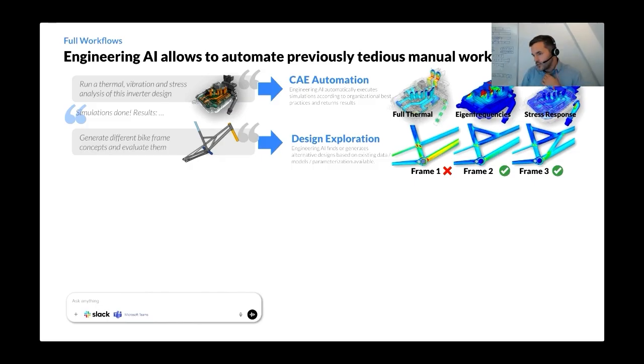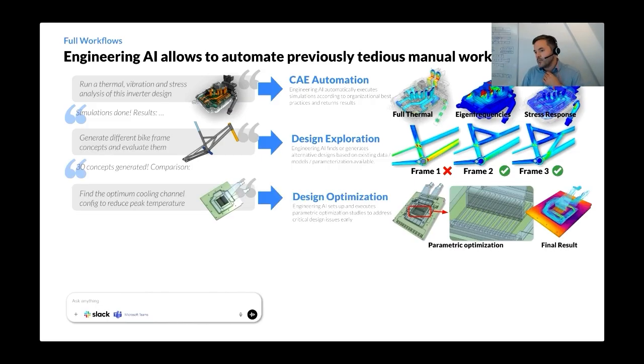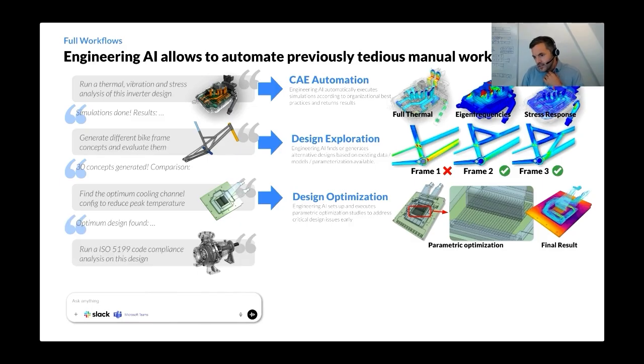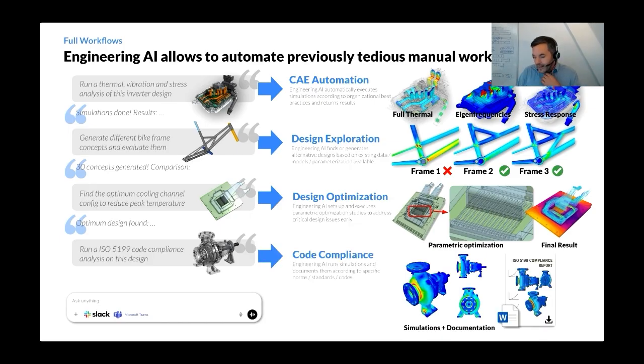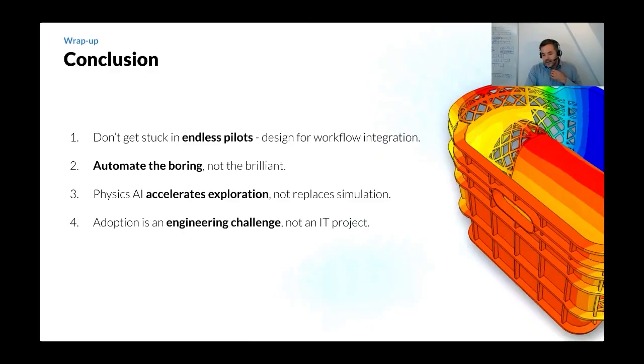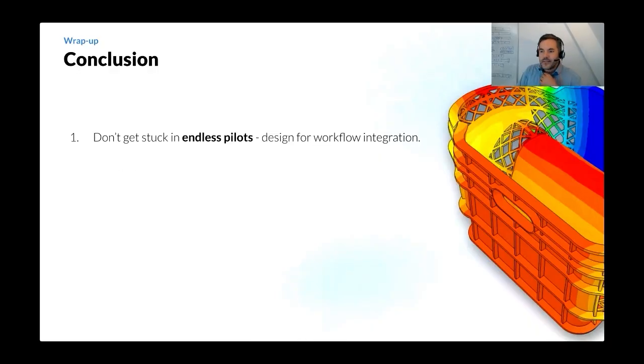And so, simulation automation is one use case, design space exploration is another one. Design optimization is a third one, and then a last one, just in the interest of time, flipping through this: compliance analysis, code compliance simulations, where you have certain guidelines that you need to adhere to. That's something that can be done in this context as well. Really bringing out way more simulations, way more design decisions, in a broader context in the engineering team.